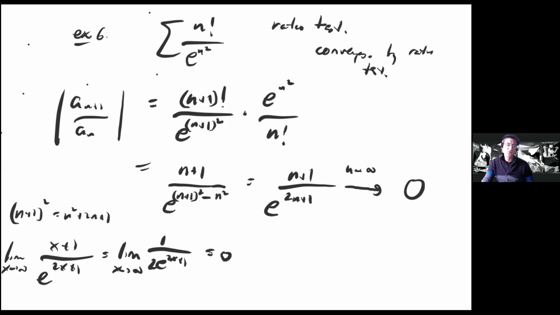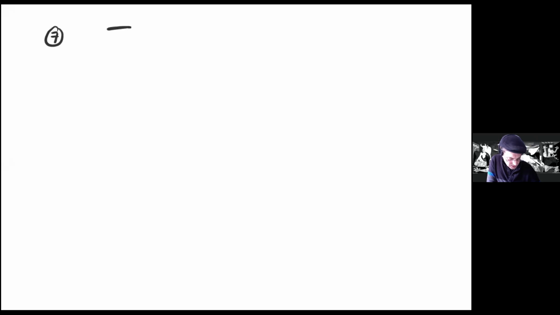Okay, I think we should do one more problem today. So let's try this one. Summation of 5 to the power of k over 3 to the power of k plus 4 to the power of k. Now, there are various ways to try to think about this. It took me a while to see the trick here. I think we could just rewrite this